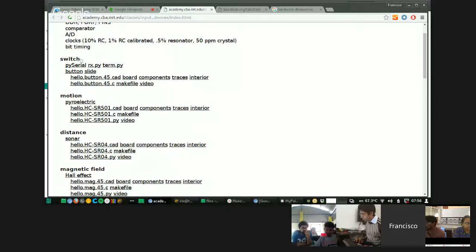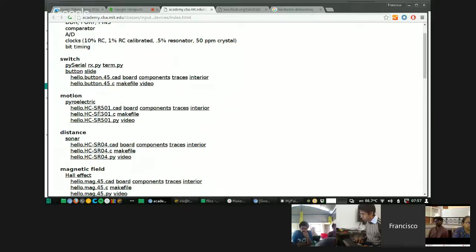Apart from debouncing the button, I want you to look at one of these digital inputs. Like this motion sensor is a digital input. It's going to go high when there is motion and low when there is no motion. So with the LED, you can measure that. After you do this, you can either use the same board and hook it to one of the pins,